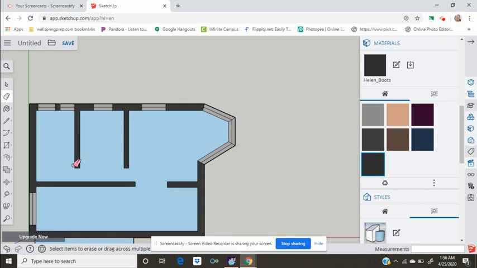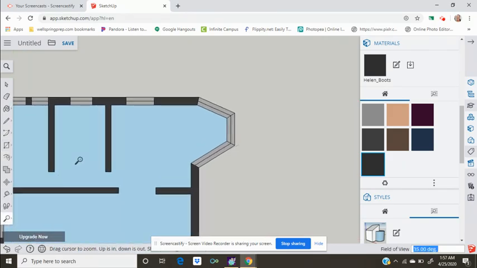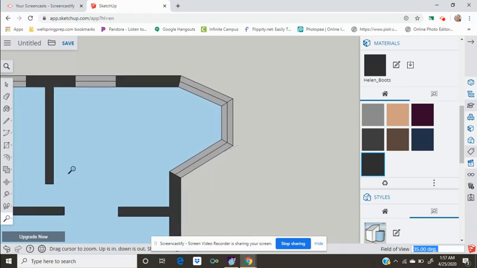So now I want to add some doors. How we do doors is by using this arch tool here. You click on the arch tool. So just like we did when we looked inside the notes, we have to create the door, but then we also need to create the angle that it sits on